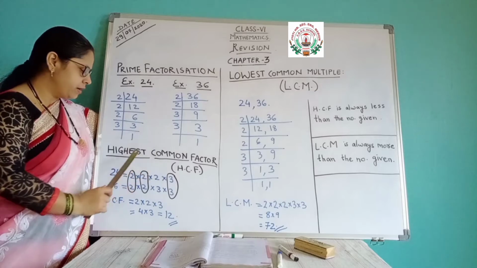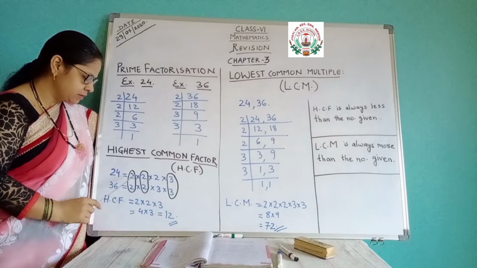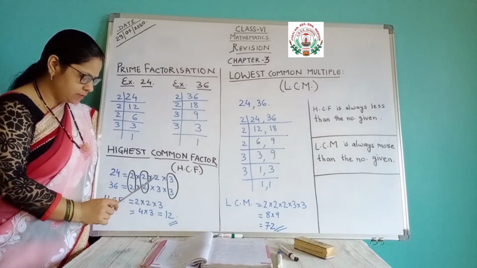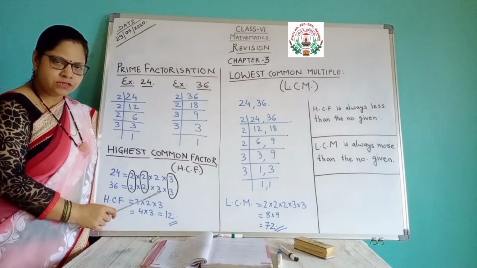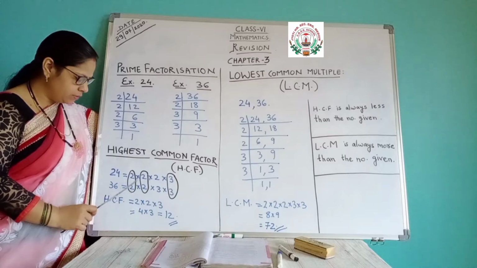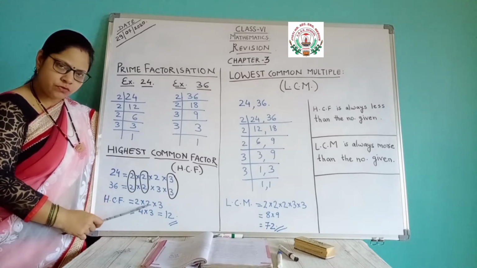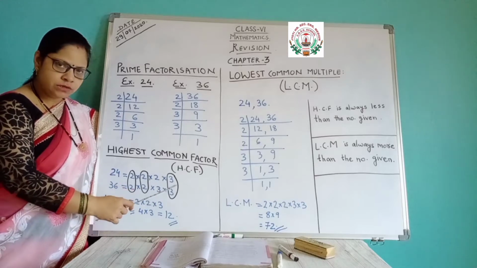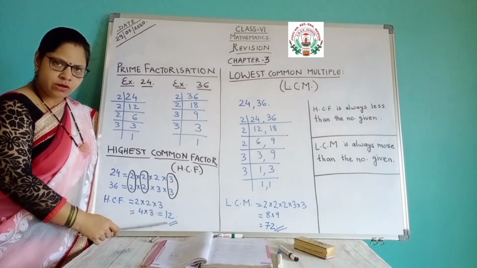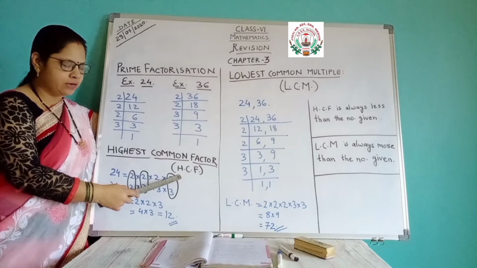Now we are going to find out the common factors. What are the common factors in these two numbers? This is 1 times 2, this is 1 times 2 and this is 1 times 3. This 2 and 3 are separate, different. We will not take it as common. So the common factors coming out: this is 1 common, so we are writing 1 time. This is 1 common, so we are writing 1 time. This is 1 common, so we are writing 1 time. So 2 twos are 4 and 3. 4 threes are 12. So 12 is coming out as the HCF, the highest common factor.